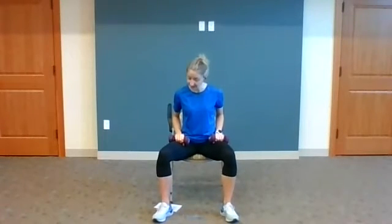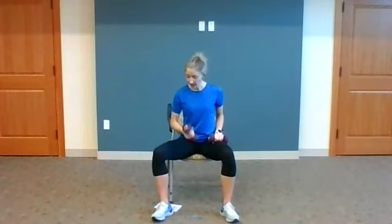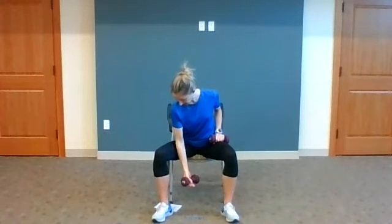Okay, last one here, lift the leg, go back and tap, come back to center. And then for this next one, we're only going to isolate, we're going to work one side of our body. So you need to walk your feet a little bit wider, and you need to scoot forward towards the edge of your seat. We're going to take this left arm, and you're going to rest your elbow on the inside